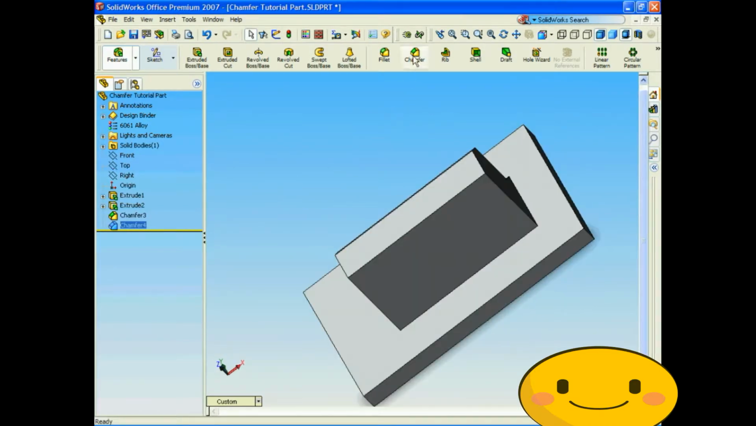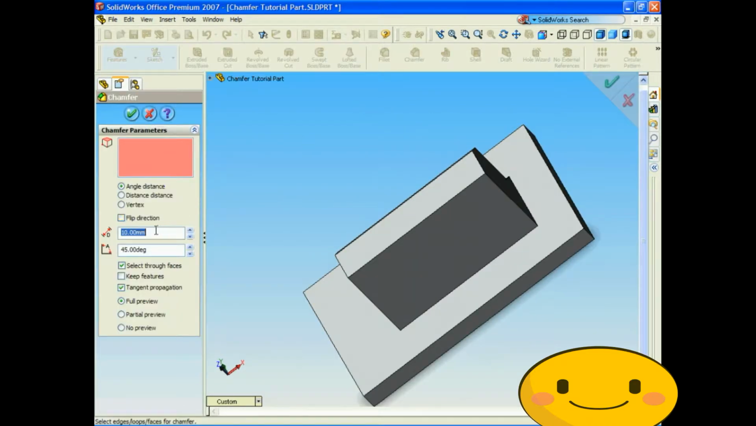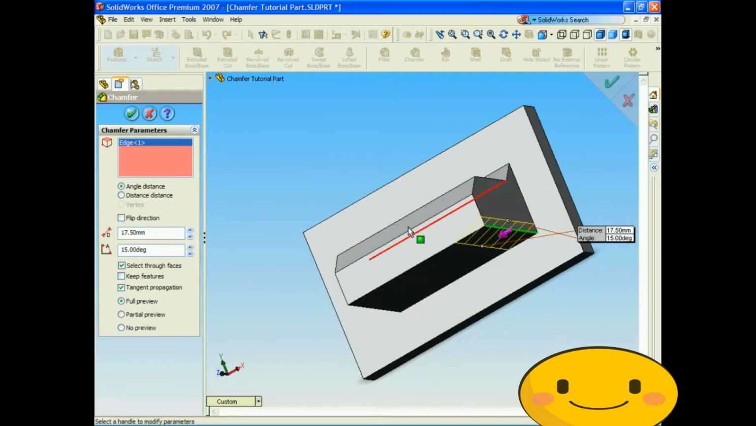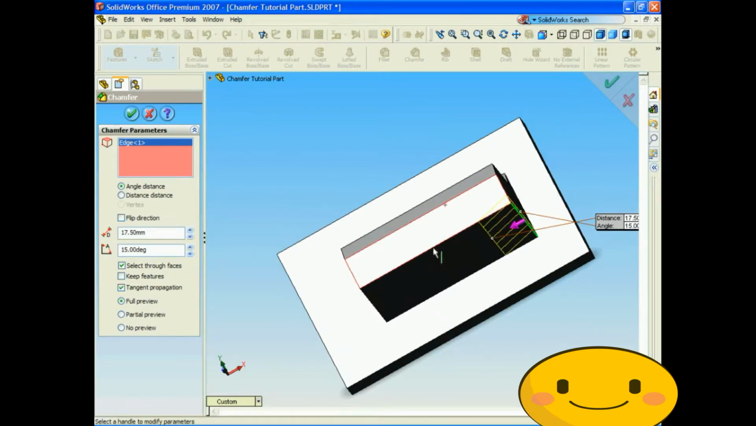Now let's chamfer with different distances and angles. So let's do a distance of 17.5 and let's do an angle of 15 degrees. For this one, let's click this line here, and we're able to see in the preview what our chamfer will